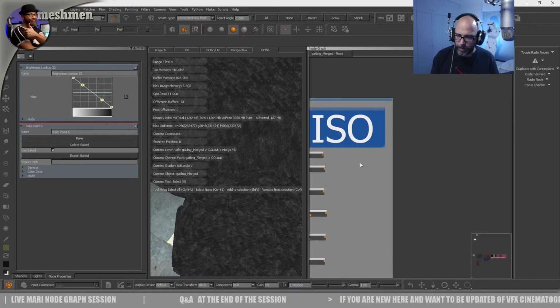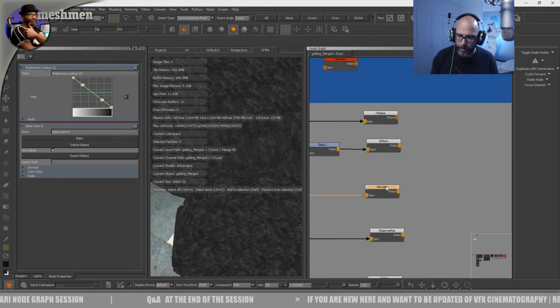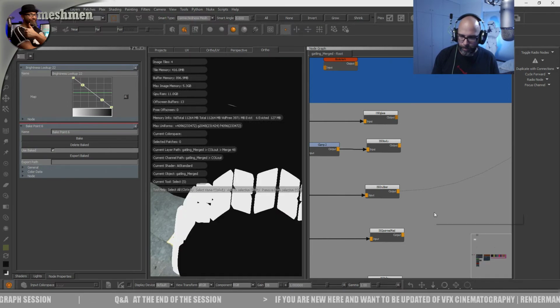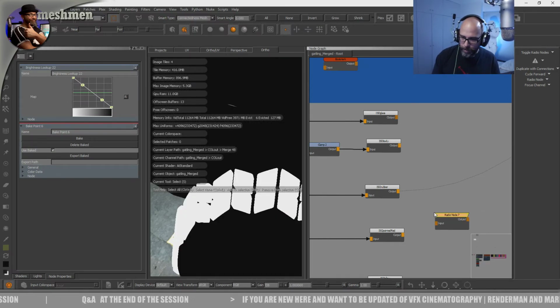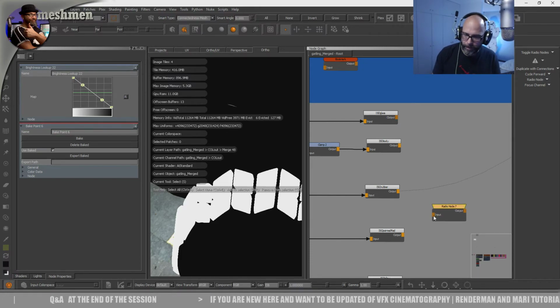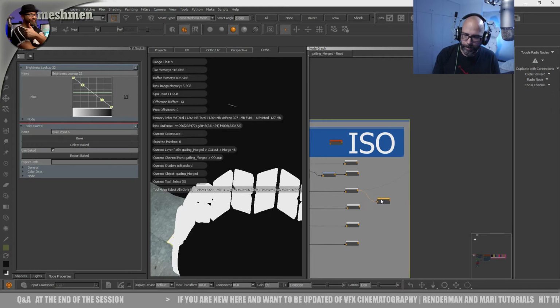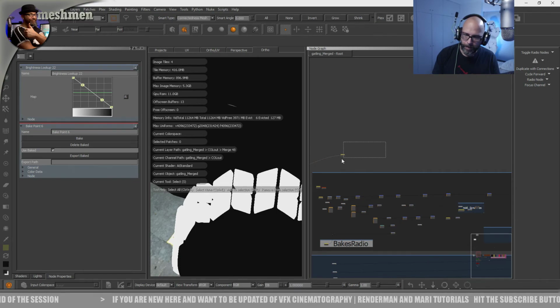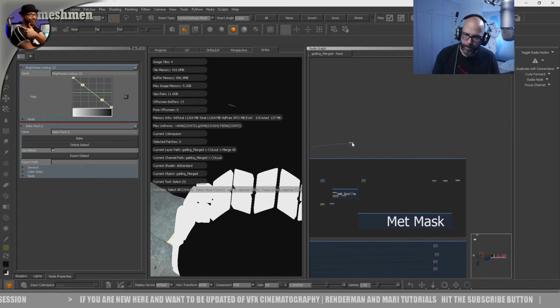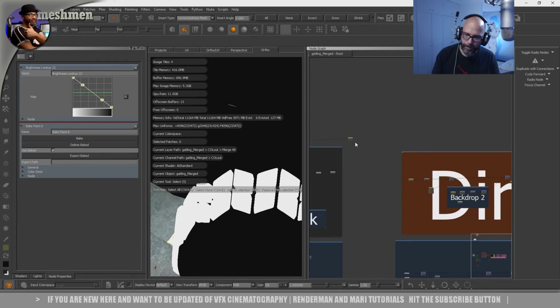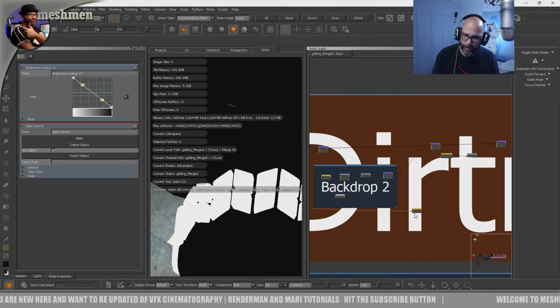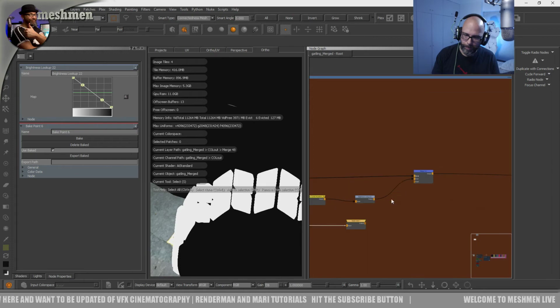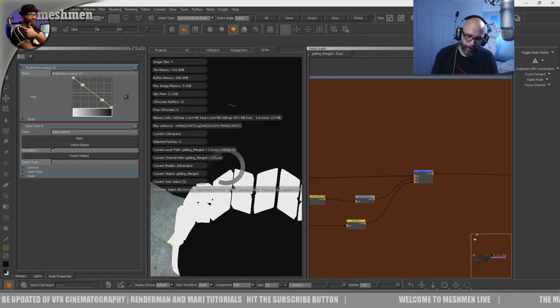Let's see. I need this one. So I will probably share all of these into there as well, as I start to work with different parts of this. They're going to have their own strands into this dirt mask. But now I'm just going to chuck it in here and rework it later, just to have a demonstration of where I'm heading with this. So if I look here now,